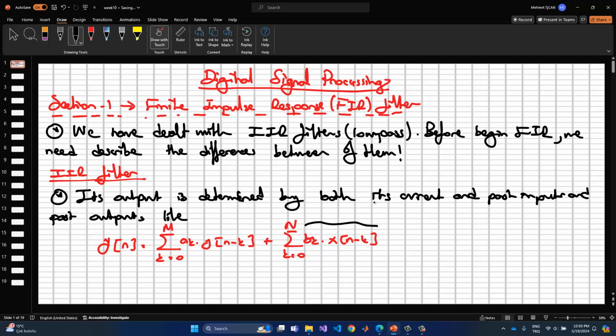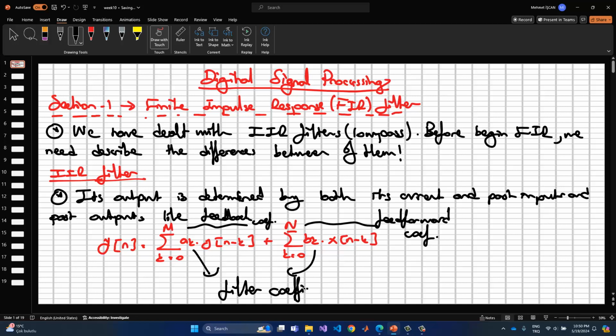This is the feed forward coefficients. This is the feedback coefficients. Okay, because y is the filtered response, and x is the input. Okay. And so also this a_k and b_k are considered as the filter coefficients. Okay,